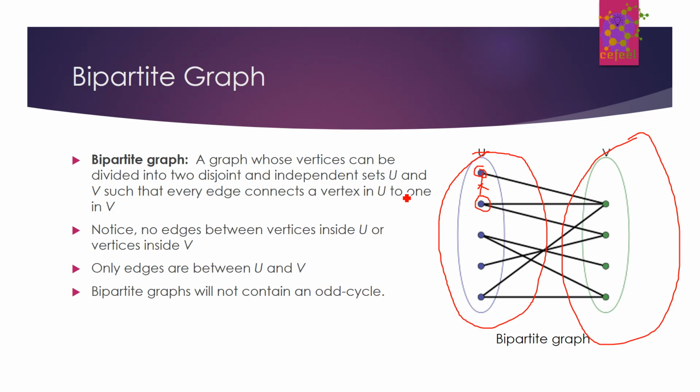In fact, we can also have a concept of a complete bipartite graph where there is an edge between every vertex in U and every vertex in V. There is an important property of a bipartite graph, which is that it doesn't contain an odd cycle. I will leave it to you guys to think and decipher this. In fact, this is a theorem which you can prove. I'll leave it as an exercise. Cool. So let's move ahead.